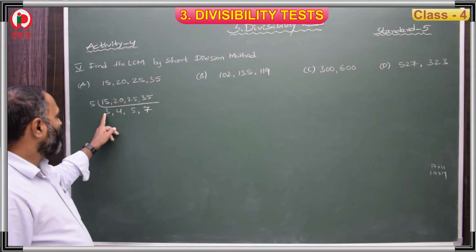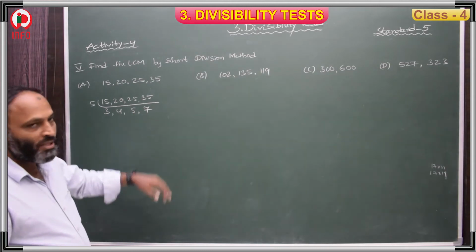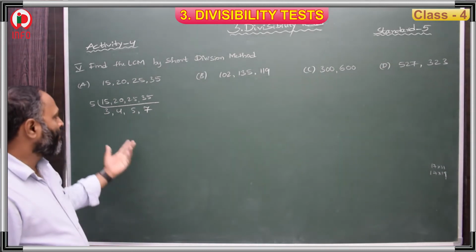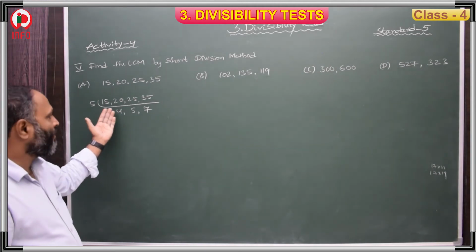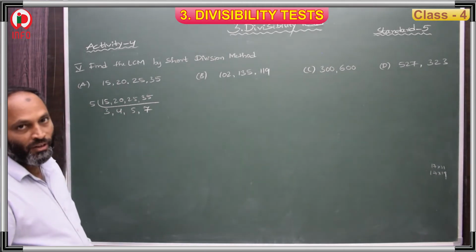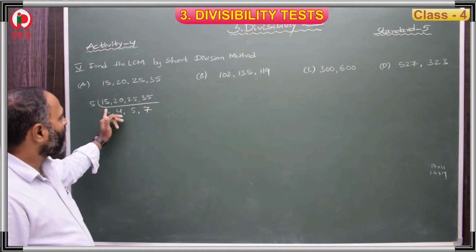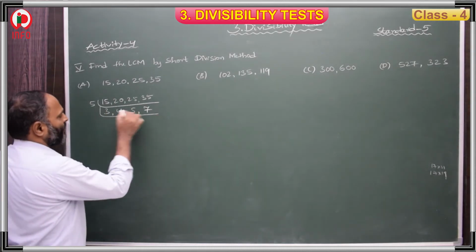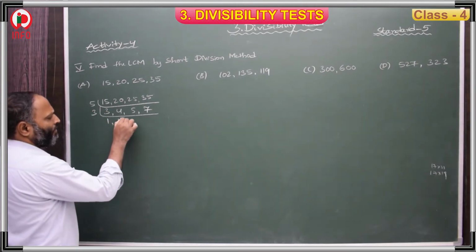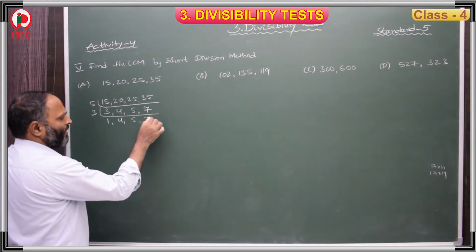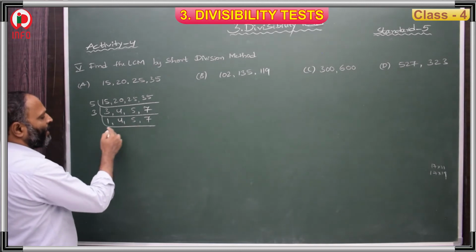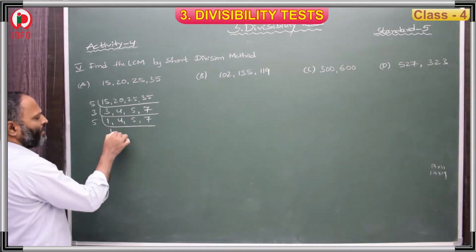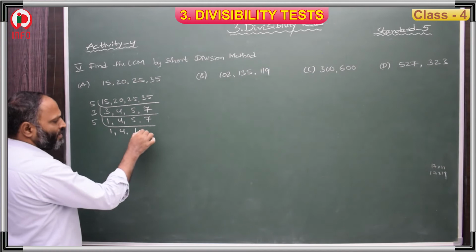Now 3, 4, 5, 7. Three of these numbers are prime numbers. Now we will stop here only. Why? Because all the numbers are different, and three of them are prime. If you want to take 3, that is here, which again is 3: 3 ones are 3, 4 as it is, 5 as it is, and 7. This won't cancel with 3. Again, if you want to take 5, this 1 as it is, this 4 as it is, 5 ones are 5, and 7.